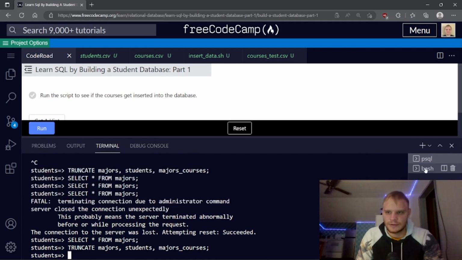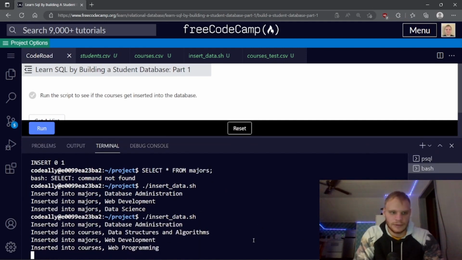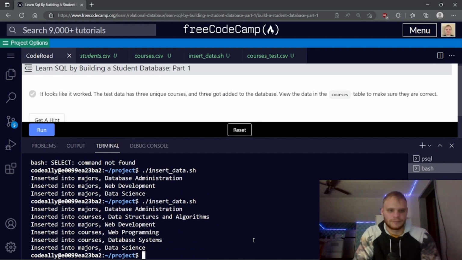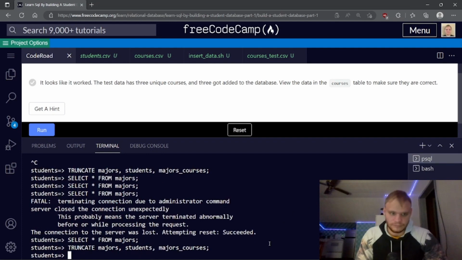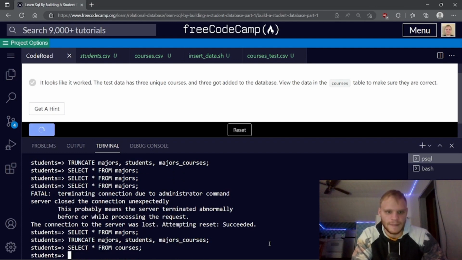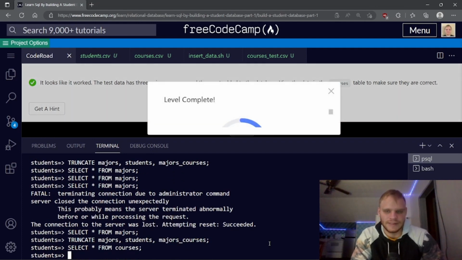Run the script to see if the courses get inserted. So let's run this script again. And okay, cool. It looks like it worked. The test data has 3 unique courses and 3 got added to the database. View the data in the courses table to make sure they are correct. All right. Select all from courses. Okay, it's not printing for some reason. I'm not really sure why, but